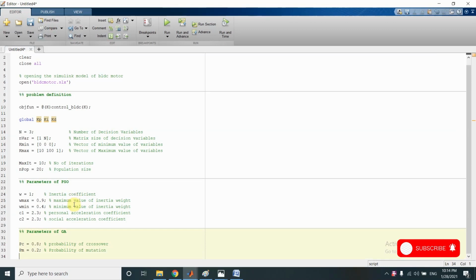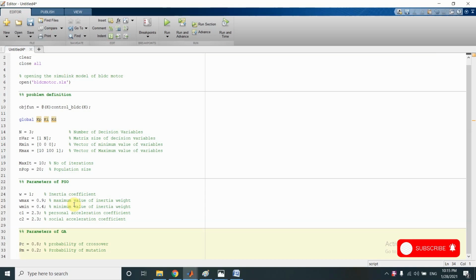Usually the probability of crossover is kept high because a higher probability of crossover means that there are more chances of crossover between the parents to generate the offspring, and we want more crossover to happen in each iteration, and the probability of mutation is kept very small. The reason for that is mutation is a very powerful operator for exploring the search space.